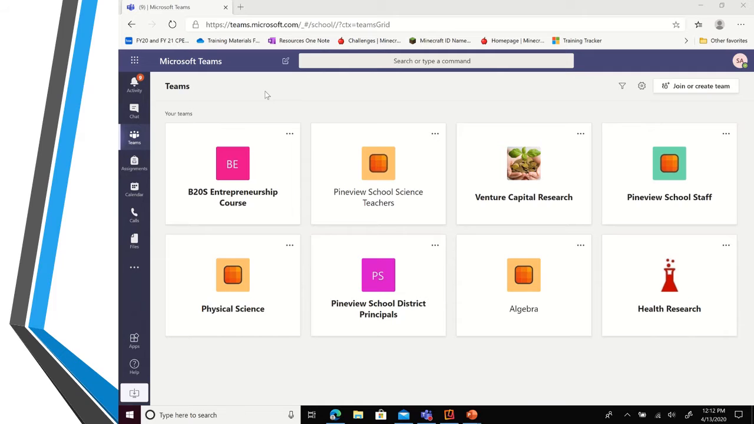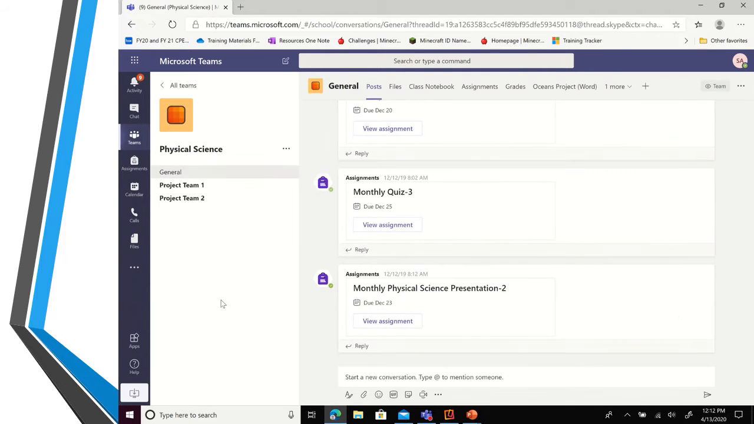So first, you need to have a team that is set up as a classroom. So not a PLC, not a staff team, not an other team, but it has to be set up as a classroom team. You're going to enter that team. Actually, in fact, I'm going to go create one and then I'll come back to that one. Okay, so once you have entered into the team that is set up as a class,